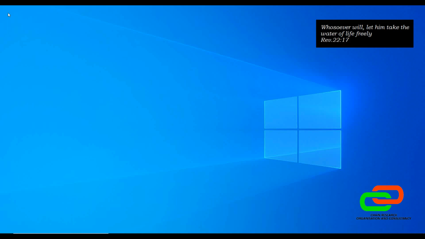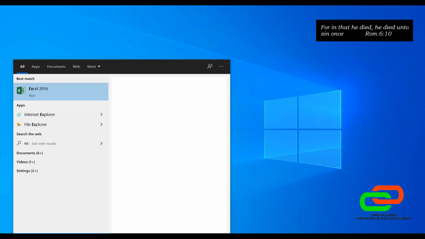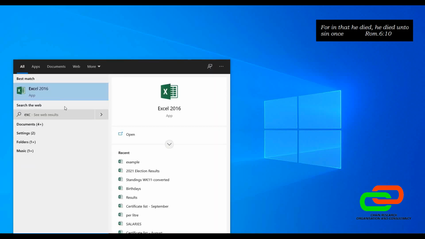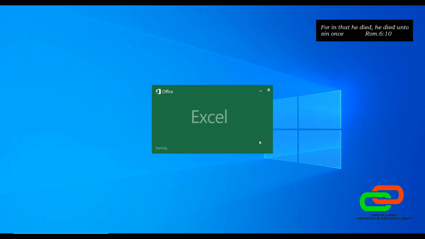functions. The functions that Excel has are so many that possibly only a few people in the world actually know how to use Excel from the beginning up to the end, because it's too broad and too wide. So without wasting much time, let's get into Excel and see what this software has in stock